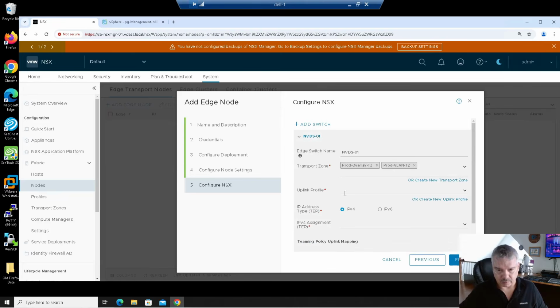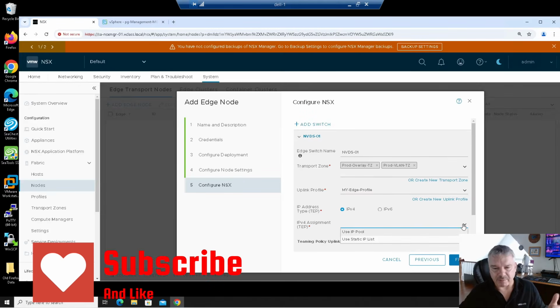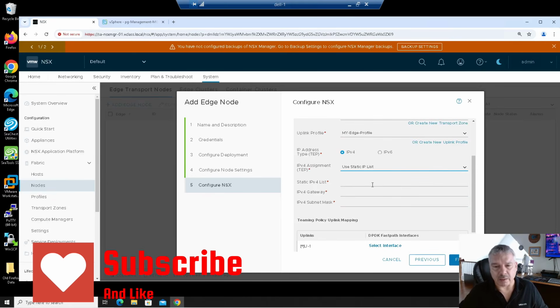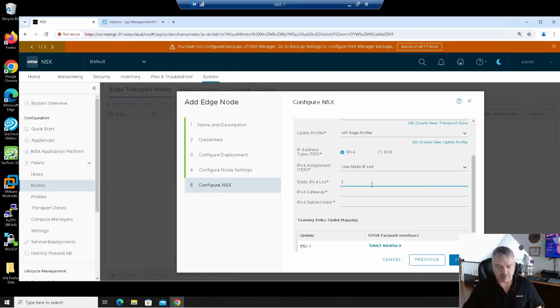What uplink profile? Let me pick my edge profile that I created. IP addresses for the taps. Again, it's going to be IP4, IP6, and how do I assign that? I'm just going to go IP4 in my environment. I could use an IP pool, an NSX IP pool, or I'm going to do a static list. I'm going to do a static list on mine, so I'm just going to type in the IP address of my taps,